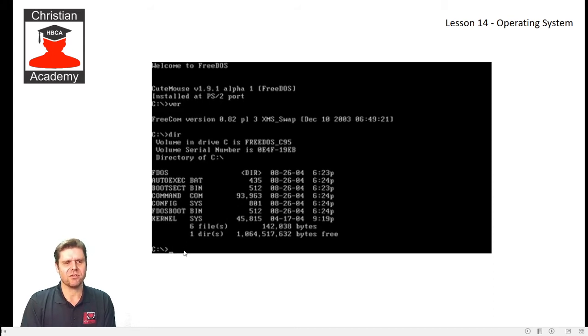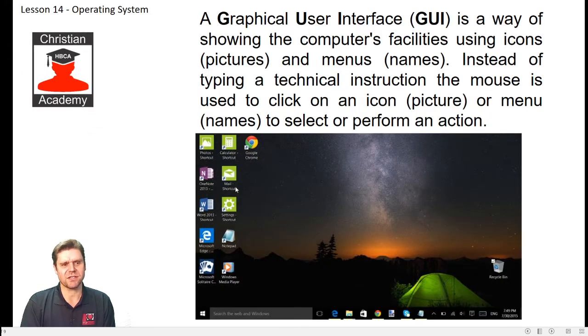And then I would have to know what command to type in there to see what files were on my hard drive. So I would, for instance, have to type in a command to get a directory of my hard drive. So things have really changed, and now we don't see this screen anymore in our OS. It's developed to the point where we are now seeing a graphic user interface, and we can just click on icons, which makes it much easier.